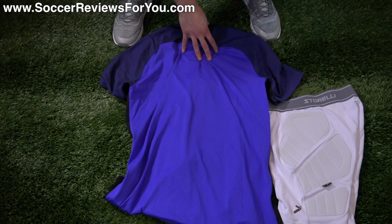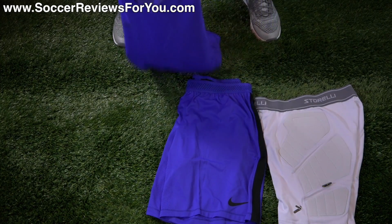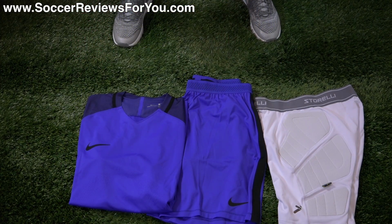But again, they've changed up the materials. It feels a little bit softer and a little bit thinner overall. Very breathable, very high quality. Again, this would essentially be the actual match jersey that a club like Barcelona would wear. An actual in-game jersey retails for, I believe, $160. So this retails for $60 less, but again, it's the same shirt, just without any kind of official branding on